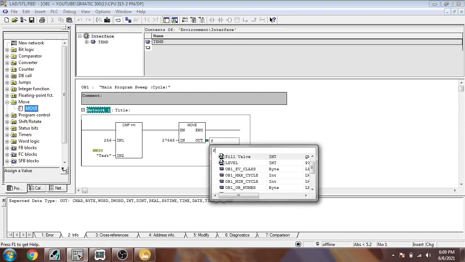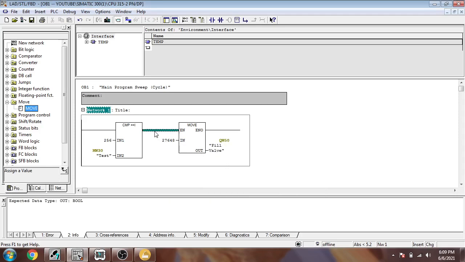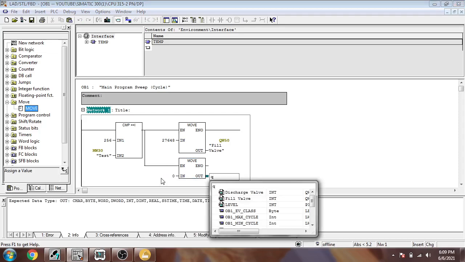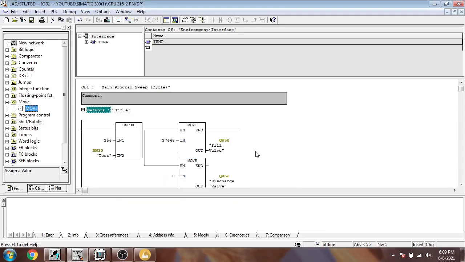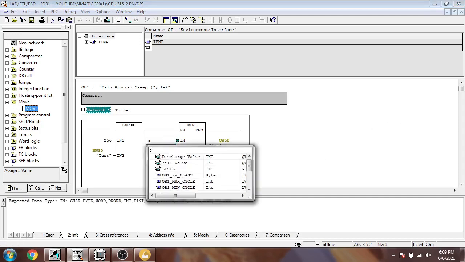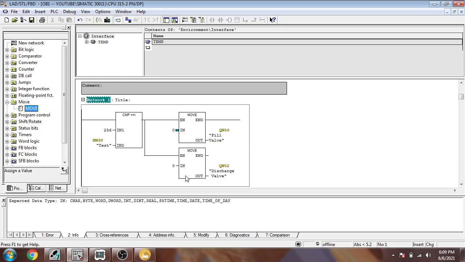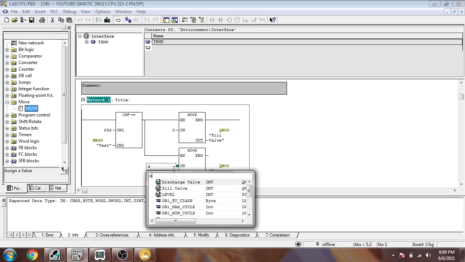So now I'm going to use that as the fill valve, and I am using another move command, and I'm going to set 0 to our start block. I think I need to move 0 to there, and full values to our discharge valve, like that.